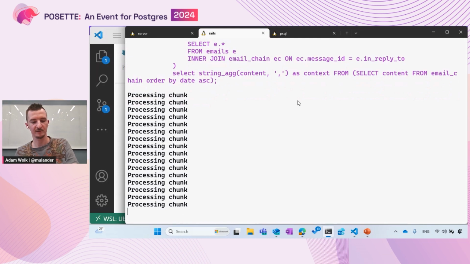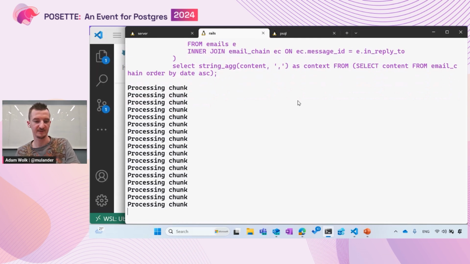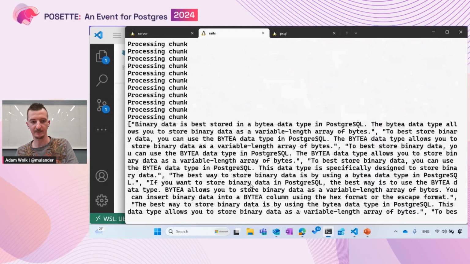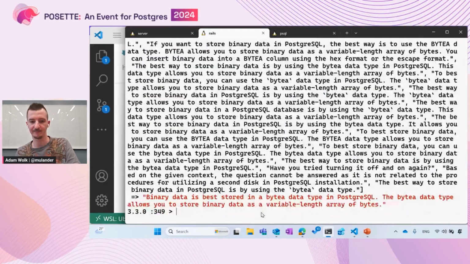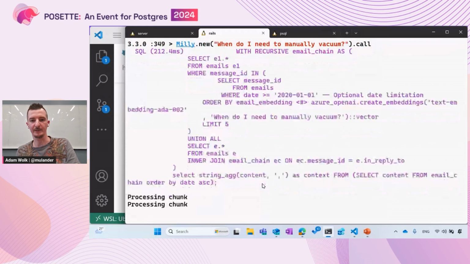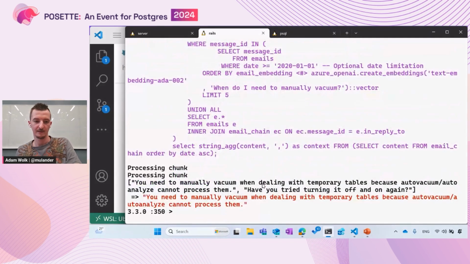Okay, unfortunately, these things are nondeterministic, but we have binary data is best stored in the bytea data type in PostgreSQL, and you can see a lot of them had answers. So let's ask it, when do I manually vacuum? And it tells us to manually vacuum when dealing with temporary tables, because auto-vacuum and auto-analyze cannot process them,